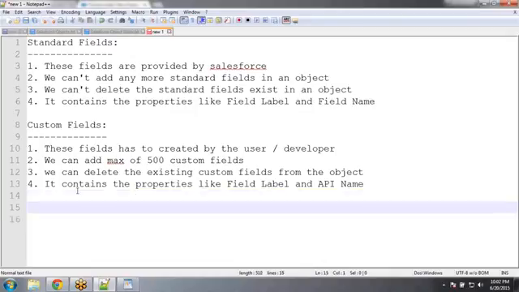So now in the last session, we discussed creating an object and creating the fields in an object. We created one object with the name position, where we created so many fields. By default, Salesforce has provided 4 standard fields, and along with that, we have added our own custom fields also. So now, whenever we are creating an object, we